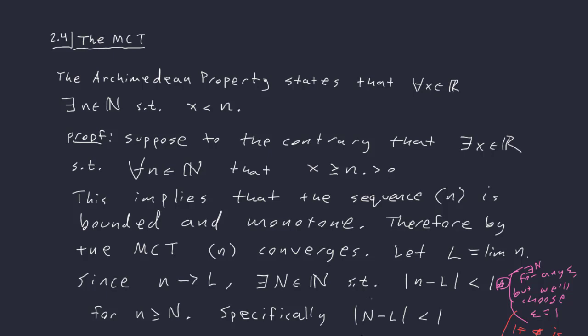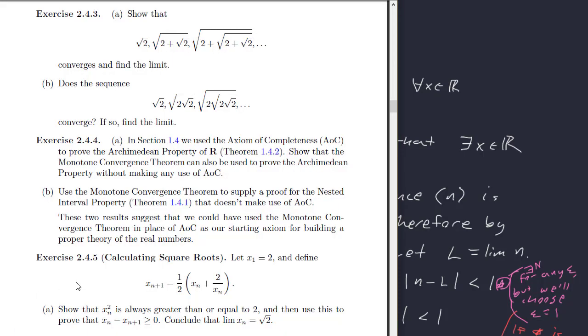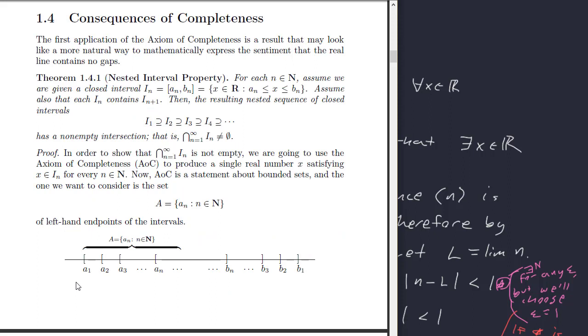All right, so let's look at part B now. We want to use the monotone convergence theorem to supply a proof for the nested interval property that does not make use of the AOC. All right, so let's set that up. Okay, before we do, I don't really want to rewrite all of the nested interval property again, but just to remind you what it says,